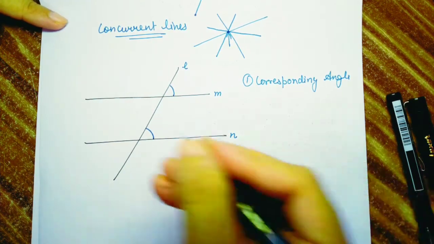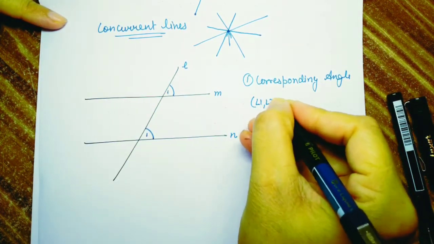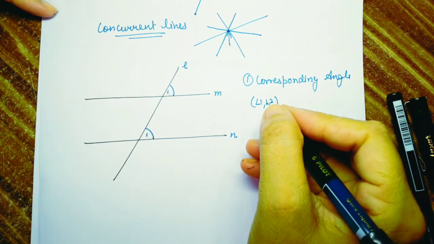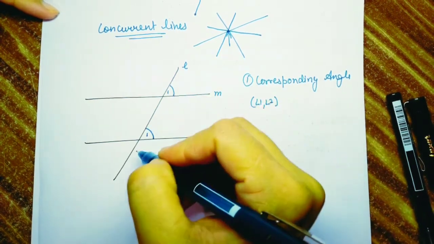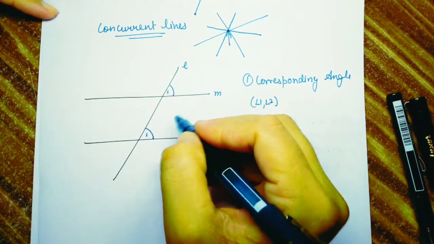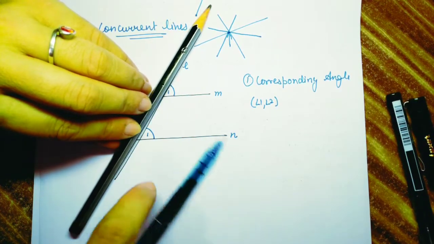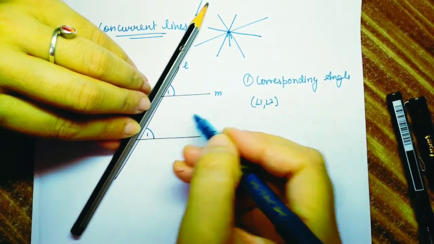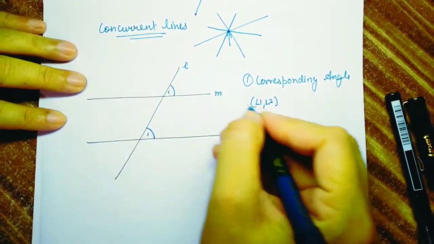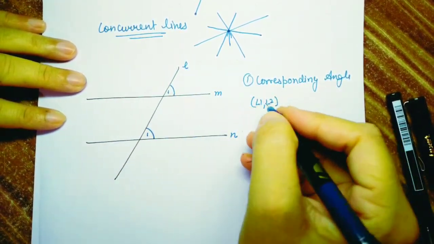So here angles 1 and 2 are a pair of corresponding angles. I repeat again, these are angles which the two lines make with the transversal and which have a similar position with respect to the transversal. Have you observed? This one is on the same side of the transversal, this side, and in the same position, upper side. So that's why this pair is said to be corresponding angles. And how many pairs do we get when a transversal intersects two lines? We can get 4 pairs.